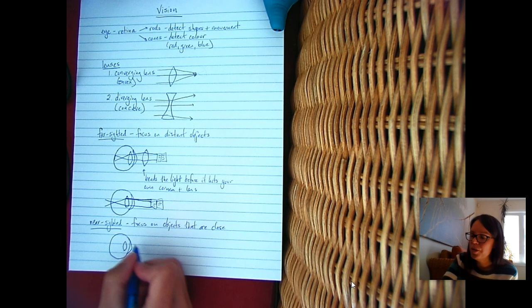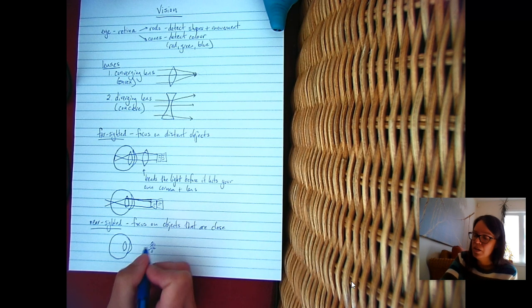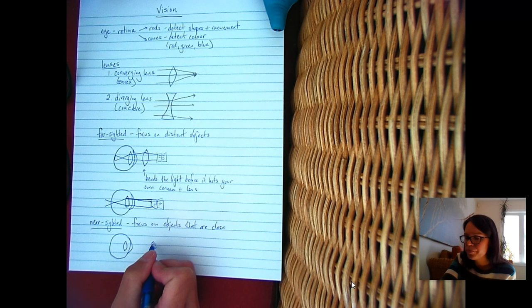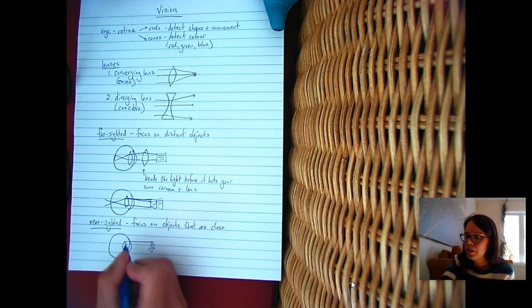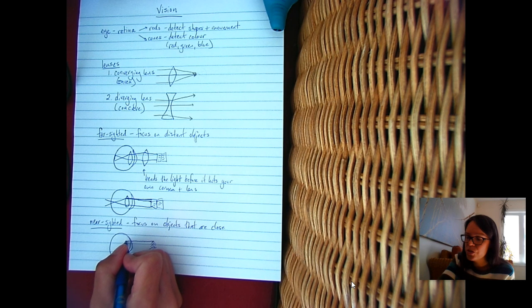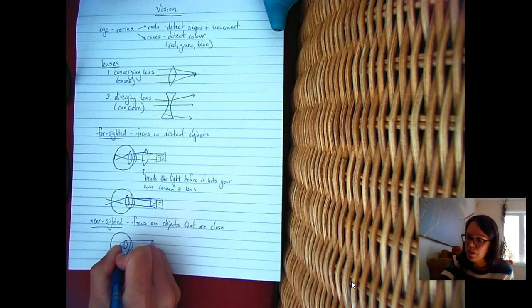So when you have your thing in the distance, let's say it's a tree, the light rays come into your eye straight, and then they're going to converge too quickly so that this piece here, the focusing point, tree,